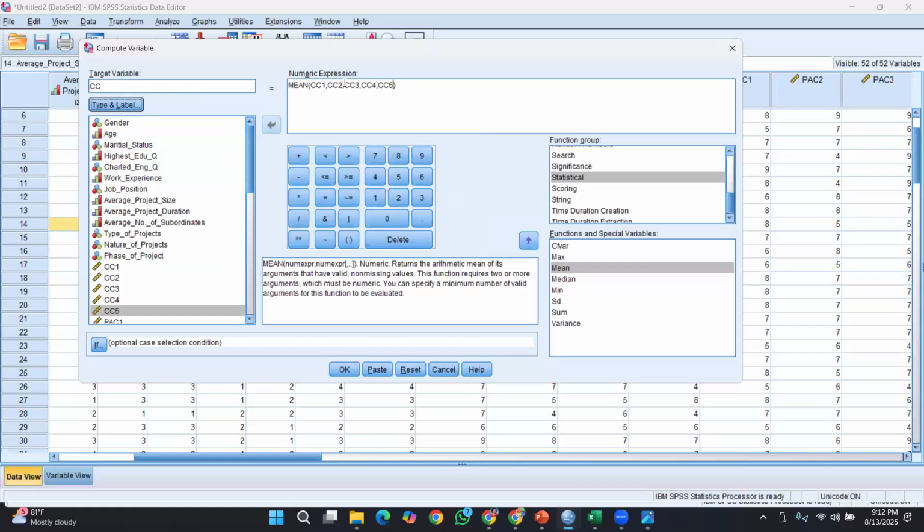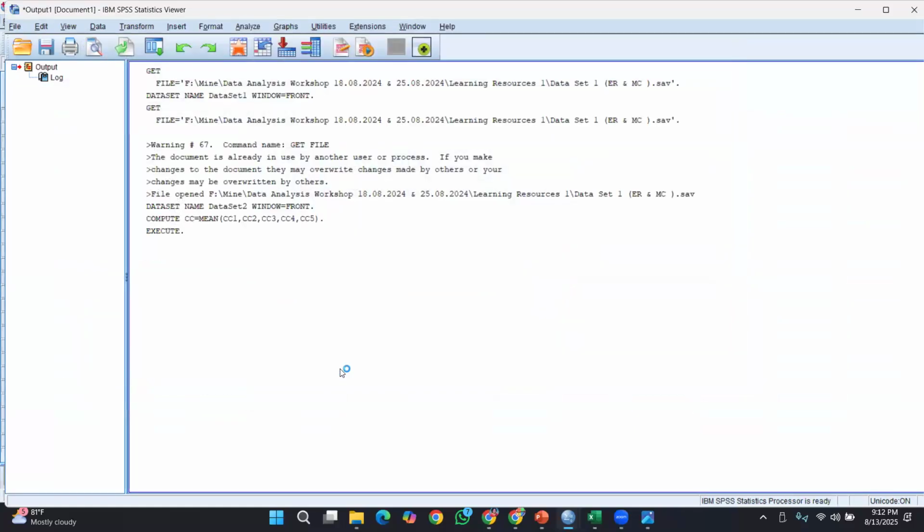It will be taking the mean value of these 5 items, so it will be a representative of these. You can give the OK command and it won't appear here because it's a new variable. Instead, it will show you the formula: Compute CC equal mean CC1, 2, 3, 4, 5.